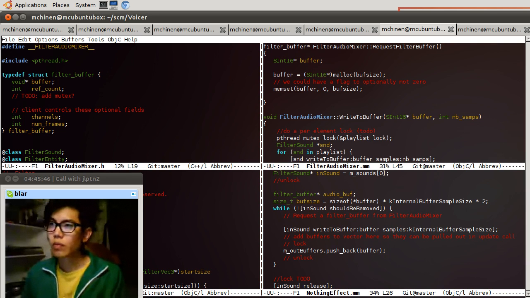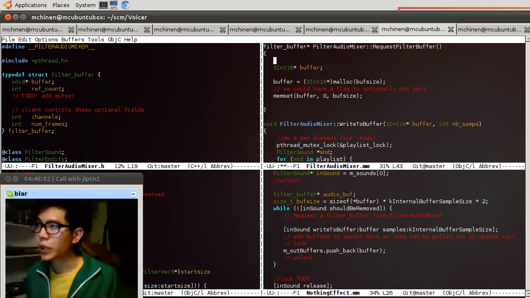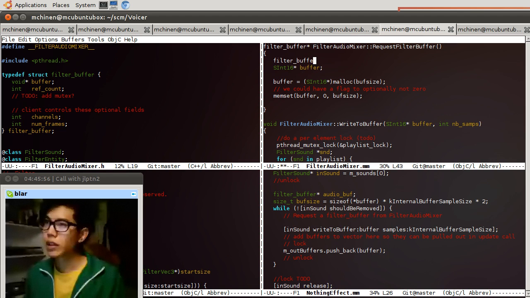That's enough to understand it. So we have our buffer set to 0. Then we also need the filter buffer. And this doesn't need to be sint16. And in fact,